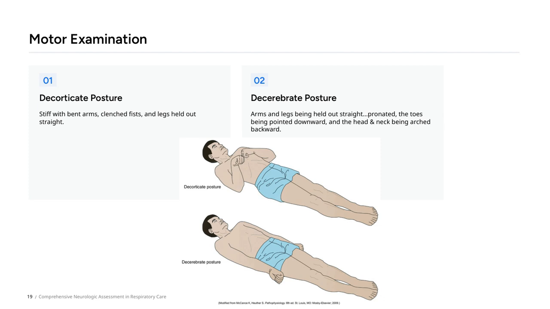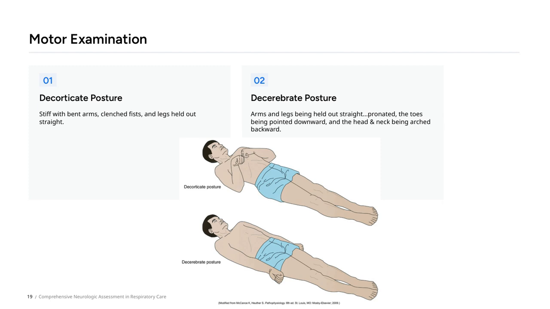This posture suggests a lesion at the level of the brainstem, indicating severe brain injury. The second is decorticate posture, which involves abnormal flexion of the arms and wrists, often with the legs extended. Recognizing these postures is vital because they give us clues about the severity and location of brain damage, informing our clinical decisions. Understanding these motor responses is key to evaluating neurological function, especially in critically ill patients, and helps us